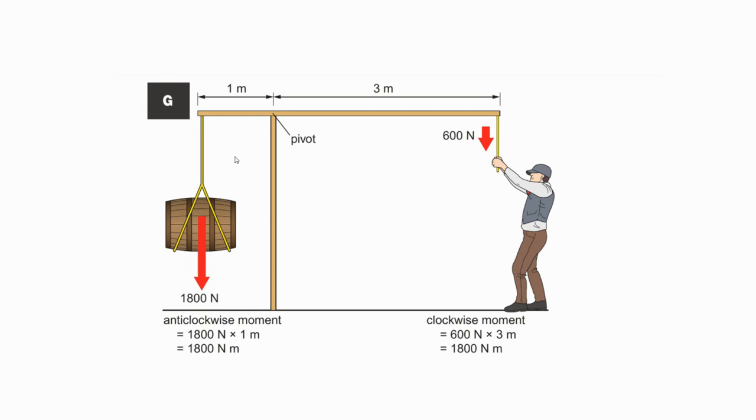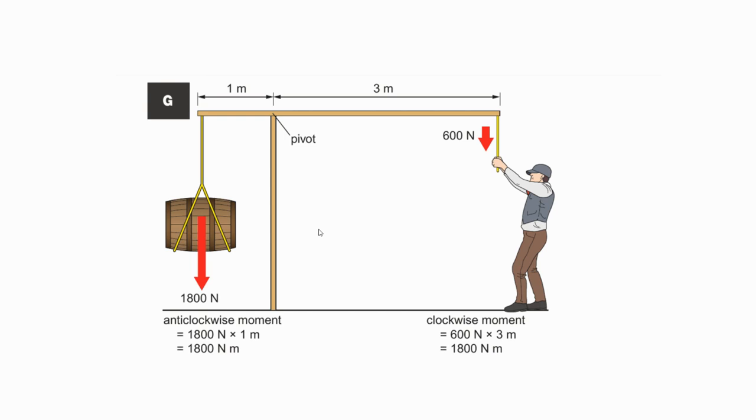The person on the right exerts a downward force. This force, times the distance of 3 meters, produces a clockwise moment. If this clockwise moment is equal to the anti-clockwise moment, which is 1 meter times 1,800, then the scenario will